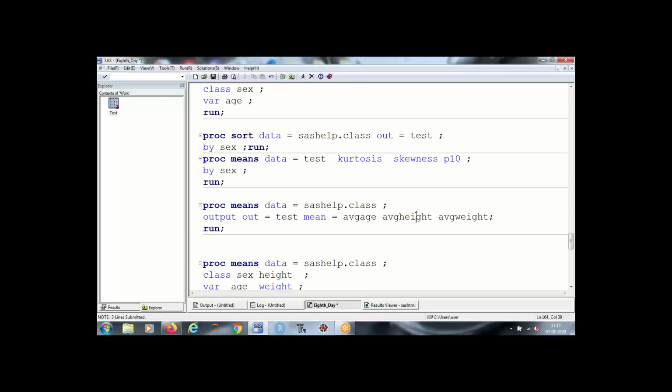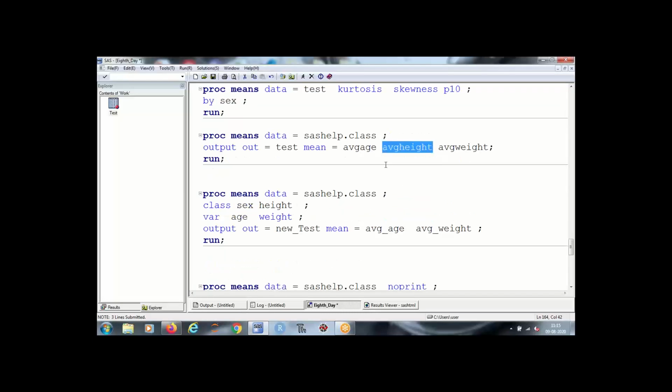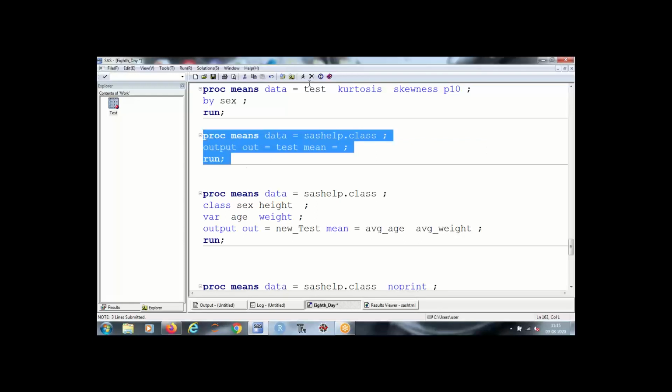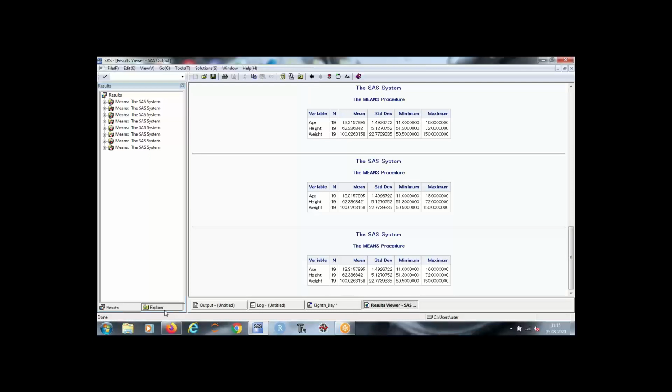It will only calculate the numeric ones like average age, height, and weight. And if you do not specify, will it not calculate all the numerical data? No, it will calculate irrespective, whatever you define over here. Okay. So if I remove this, right, this will give the same name, age, height, and weight, which are there in your data set.